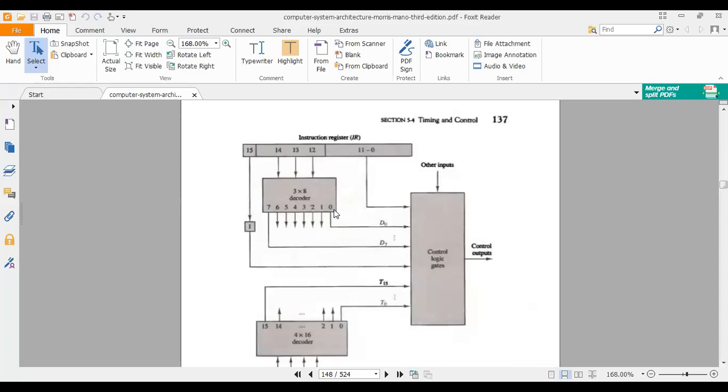So look here, D0, D1, D2, D3, D4, D5, D6. You people know that from D0 to D6, these are for memory instructions. And what about D7? If D7 is high, that means it should be either register operations or IO operations.